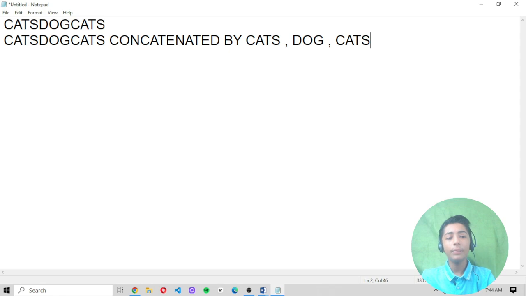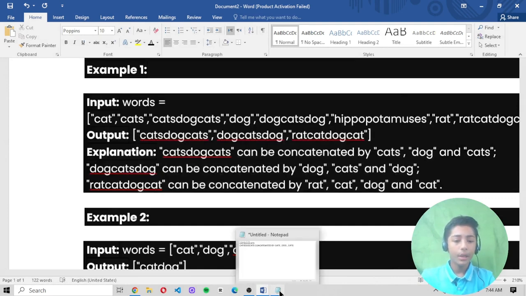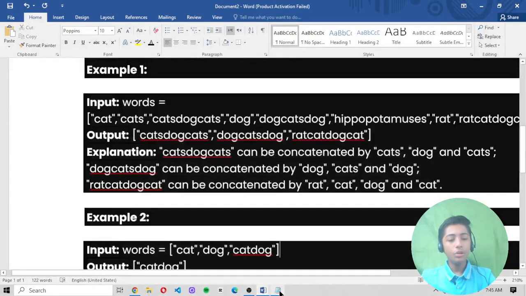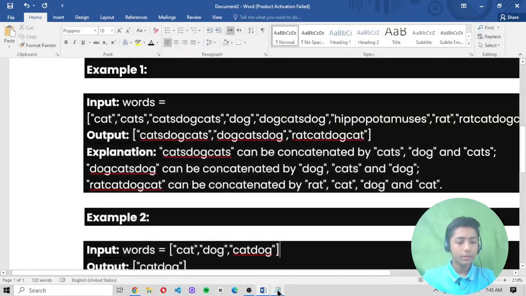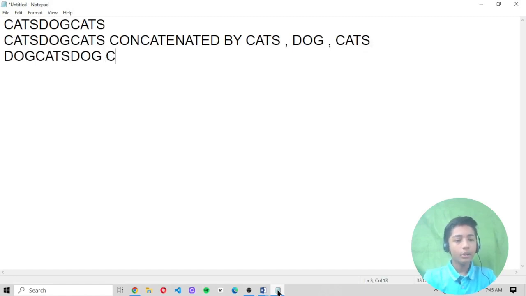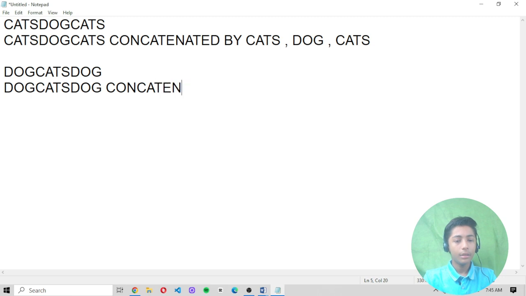That's why the output has been coming. Now let's come to the next one, dogcatsdog. This output has been coming because dogcatsdog is concatenated by dog, cats and dog.